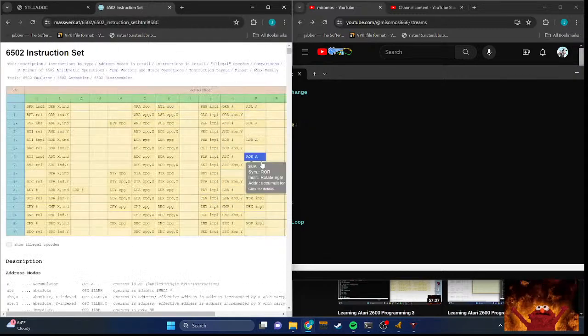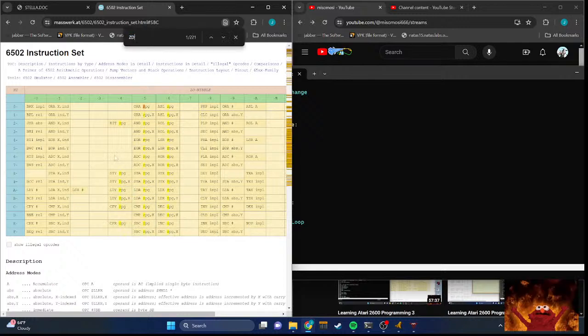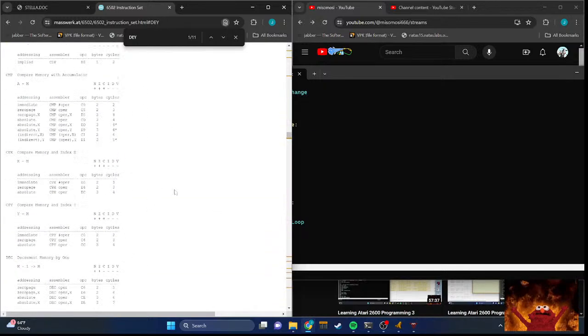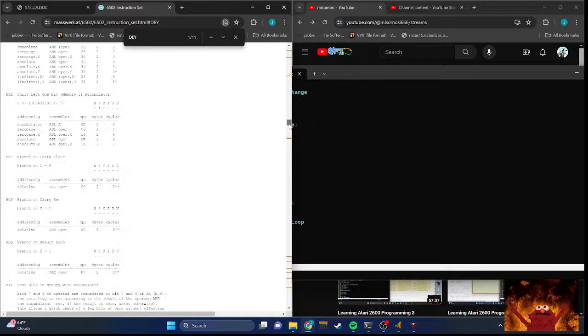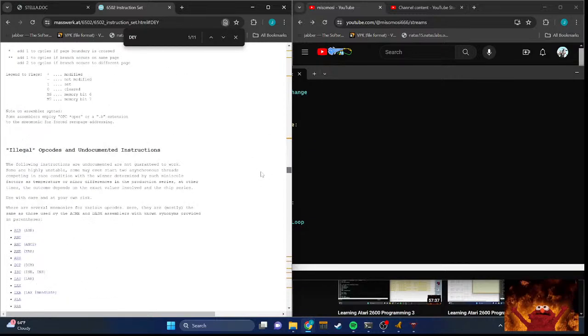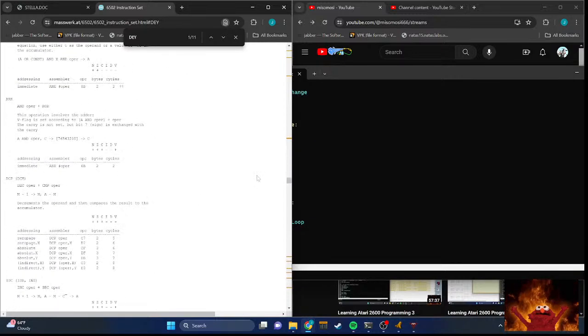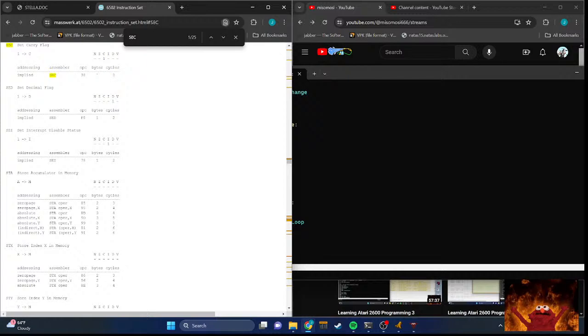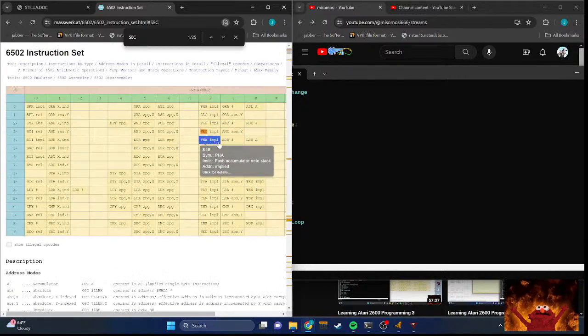How much does a NOP cost? NOP. 2 cycles. Is there anything that takes like 1 cycle, even? I don't know. No, I think it just usually takes 2 cycles. Well, maybe something like setting the flag or something. No, that still takes 2 cycles. Okay. I guess just everything takes 2 cycles. In that case,